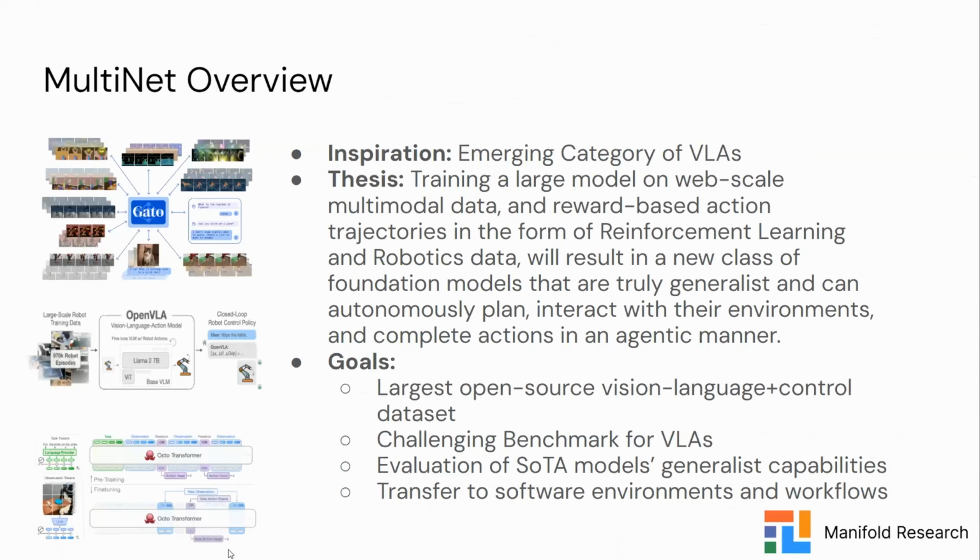And then eventually we also want to utilize this generalist pre-training and knowledge about completing actions across a variety of different environments and transfer them to software environments where we can actually complete workflows that are useful for developers or anyone else working in the software space. And we do have projects spinning up around that, and we'll probably talk about that later.